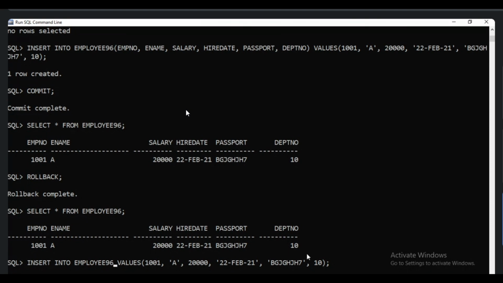Okay. Suppose you change the sequence, and for employee number you try to give A. A is a string. For employee number, we gave the data type as number. Number accepts only 0 to 9, plus, minus, dot. It won't accept the string. So if you change the sequence, it won't work. So whatever the sequence of the columns in the table, the same sequence we have to give the values for the insert statement. So no need to mention the column names.